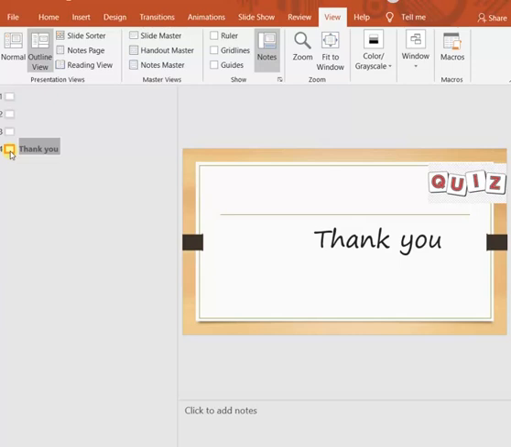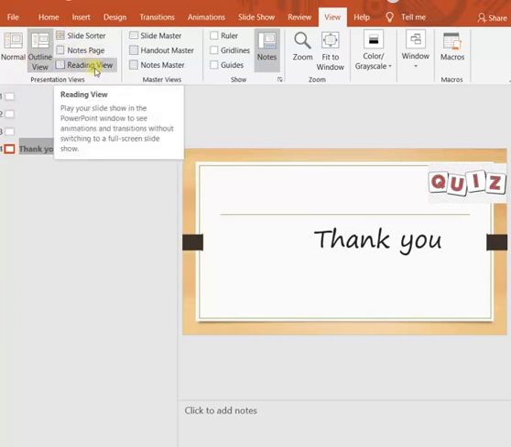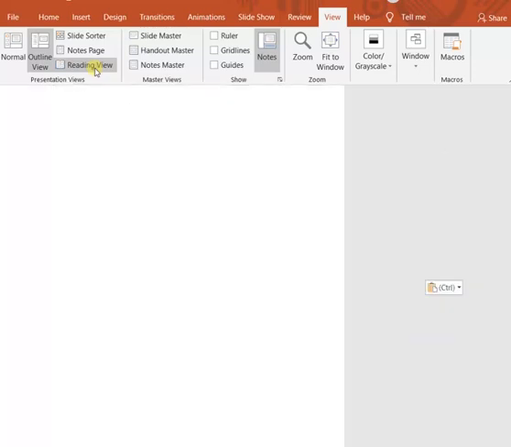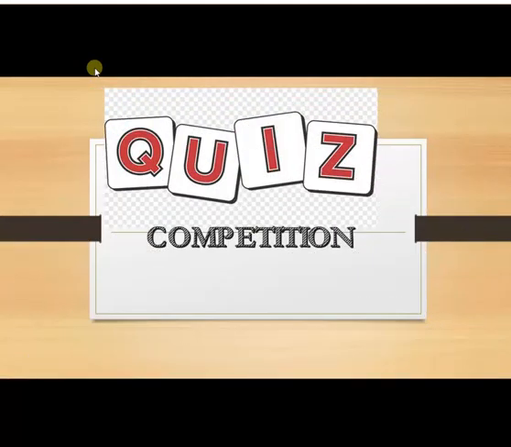Then the last one is the reading view. Reading view is different from all other views. In this view you cannot edit anything, it is just like a slideshow. See, I have clicked on the reading view, and it is showing the full slide content.